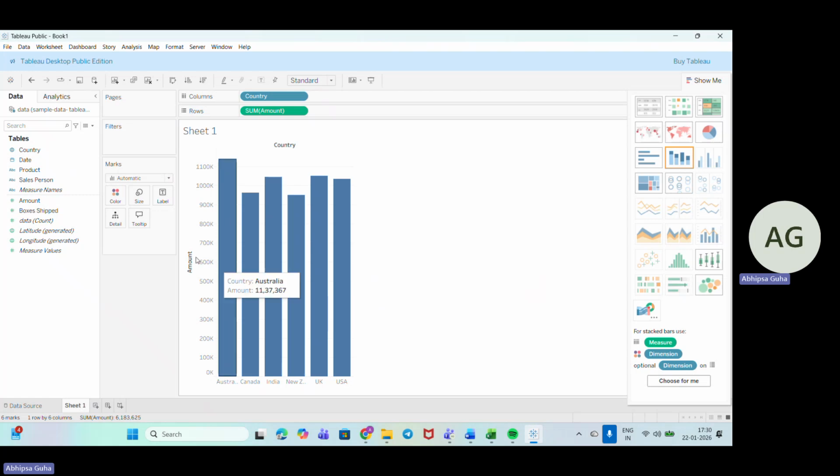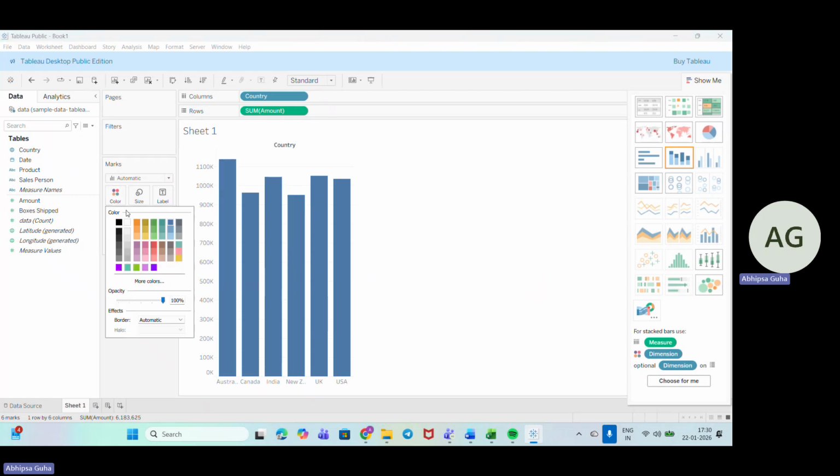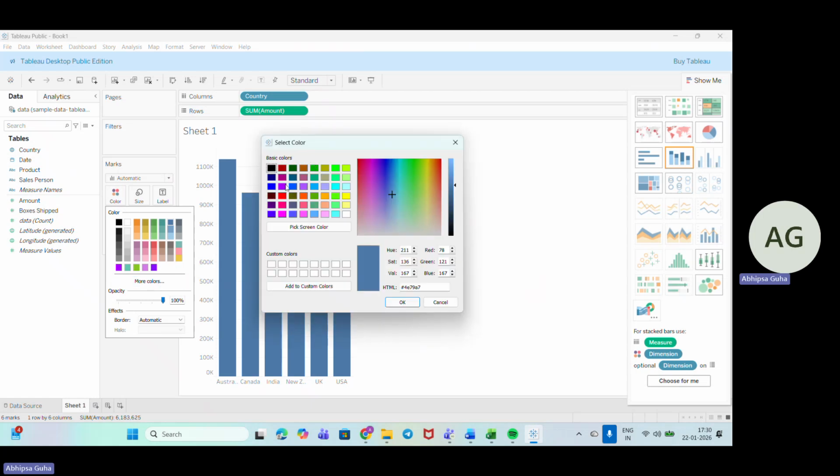So the colors and the things we have got out here. Now, if required, you can change the color from here. You can add more colors and custom colors, and just make sure that things are moving right. Okay, I like to put it like this.